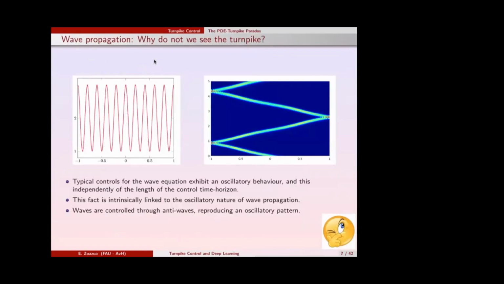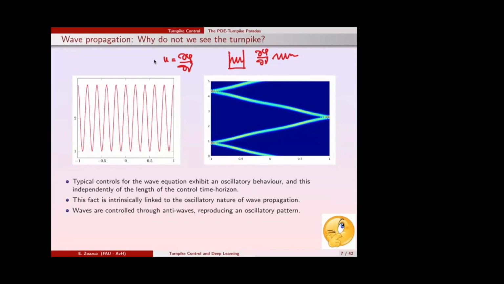Okay, so this is what the theory says. But this is not what we have seen. Actually, we have seen that when we control the wave equation, the controls look that way. Why? You recall that the control of the wave equation was just the normal derivative of the adjoint. But when you are considering the wave equation on a domain, the solutions are oscillating. So the normal derivative will also be an oscillatory function. And this is actually what you see. If you do numerical simulations for the control of the wave equation in one space dimension and compute the boundary control, this is what you will get.